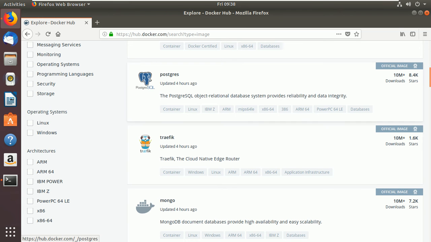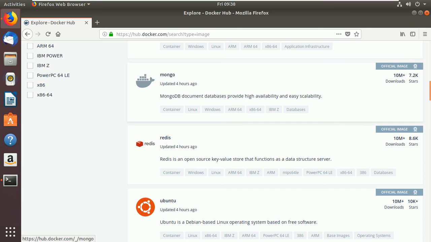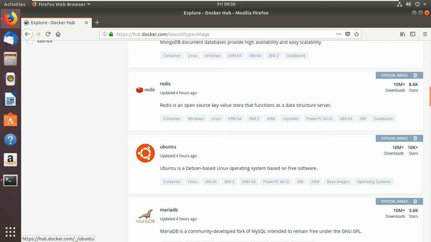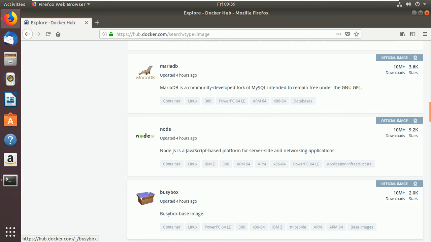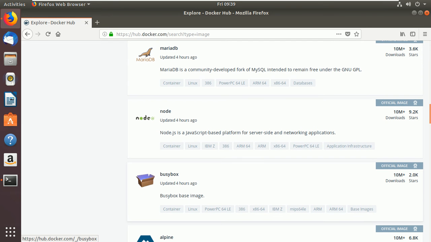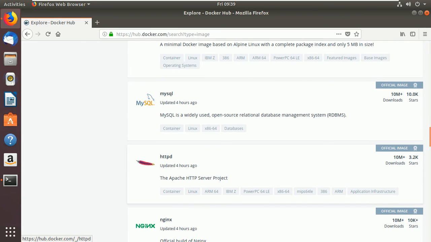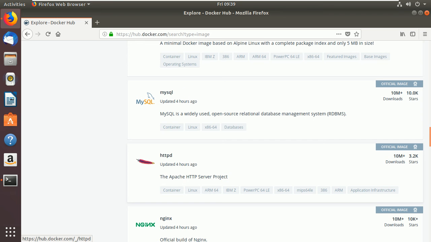You can see here 10 million people have downloaded this. This is MongoDB, for databases. If you want to install Debian-based Linux, you can go for it. This is BusyBox. Yesterday I did the installation and showed you. You can see 10 million people have used it. HTTP services we have also installed.